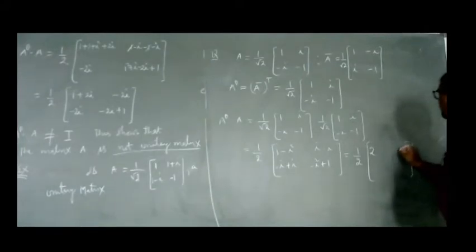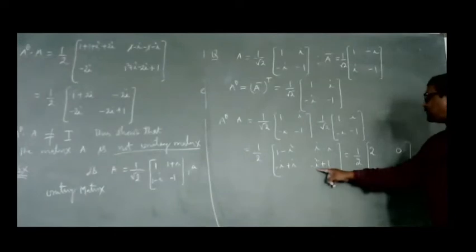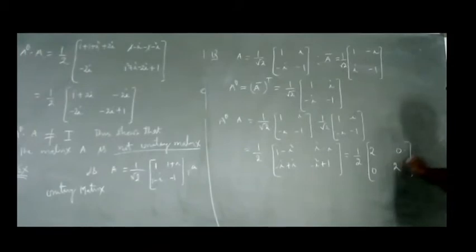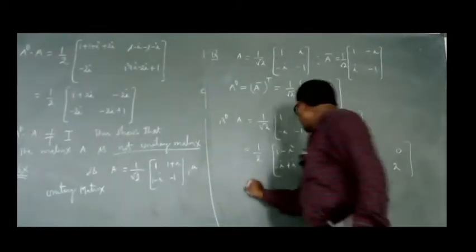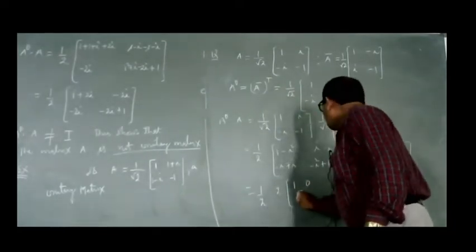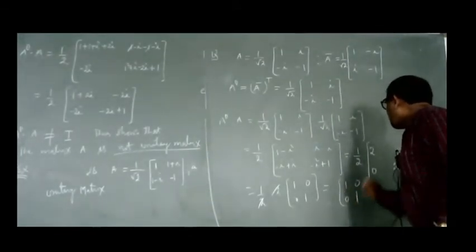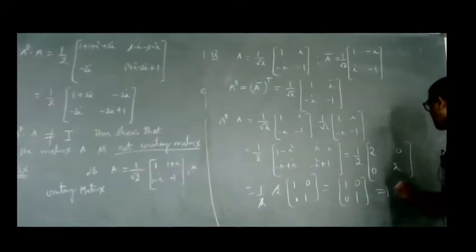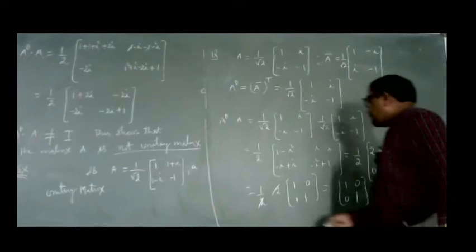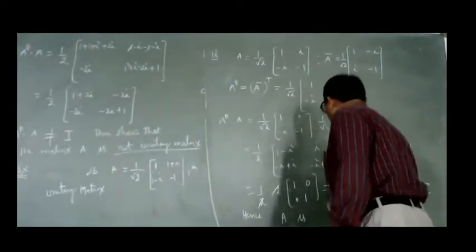This I and I is 0. This minus I and plus I is 0. This I square is minus 1, and minus is multiplied, so it becomes plus 1, plus 1 is 2. And 2 is taken out. When you take 2 out from this matrix, you can find here 1 0 0 1. 2 has gone and the matrix is 1 0 0 1. So this implies A to the power theta into A is equal to I, which shows, hence, A is a unitary matrix.